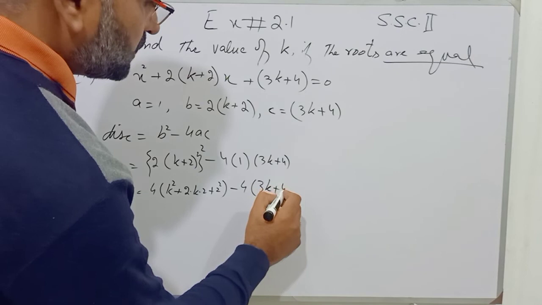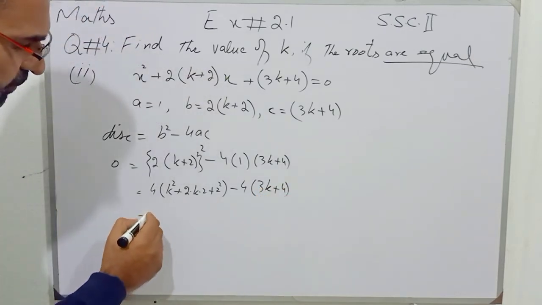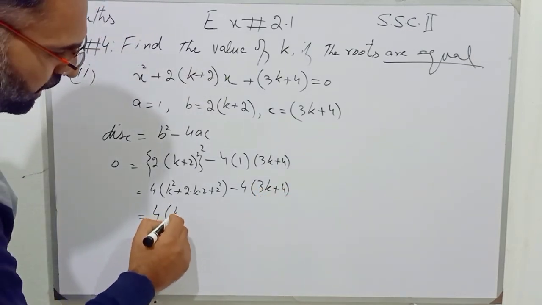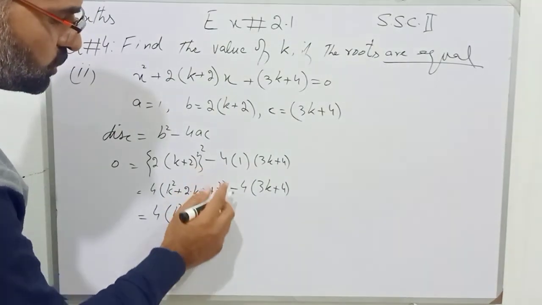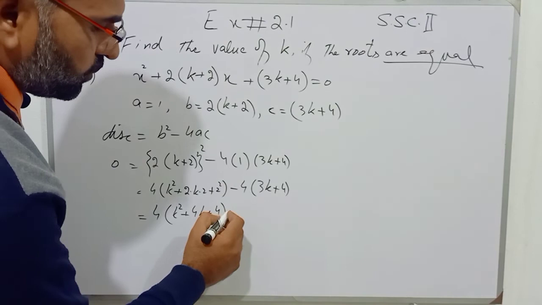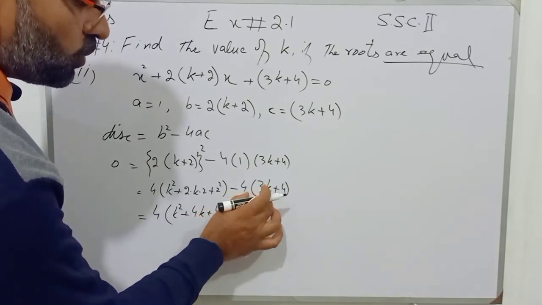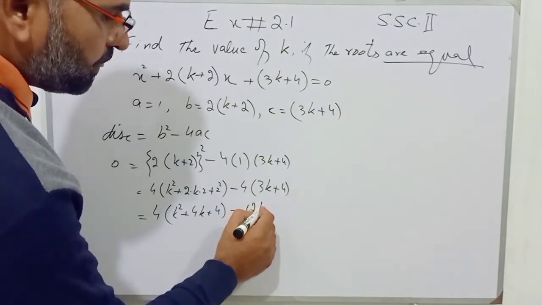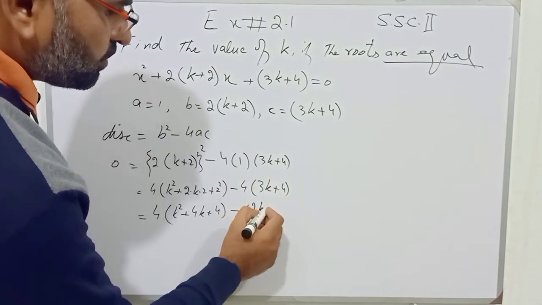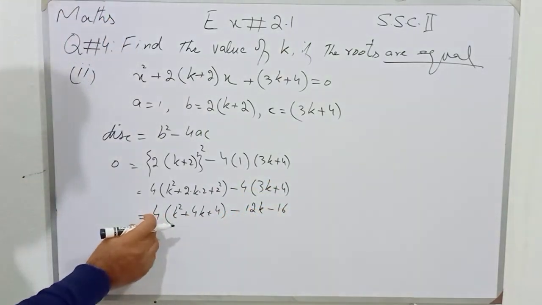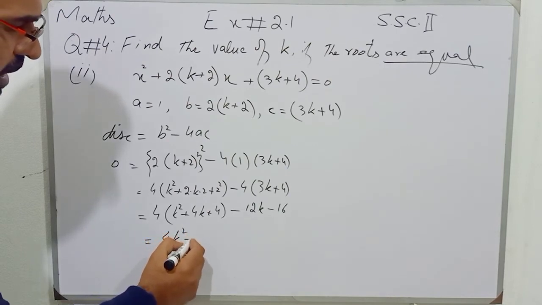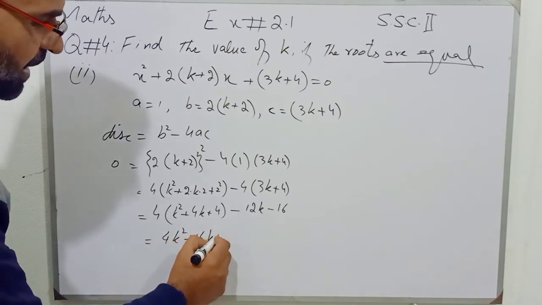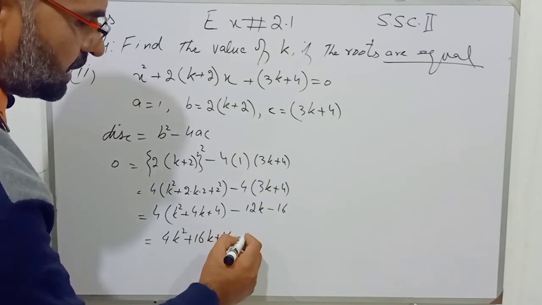Now we will simplify. 4 into (k square plus 2 twos are 4k plus 2 square means 4), minus 4 threes are 12k, and minus 4 fours are 16. Multiply this 4 with all the three terms, and we will have 4k square plus 16k plus 16 minus 12k